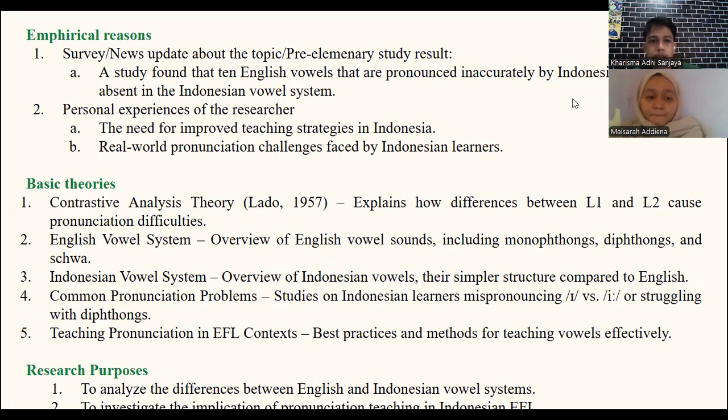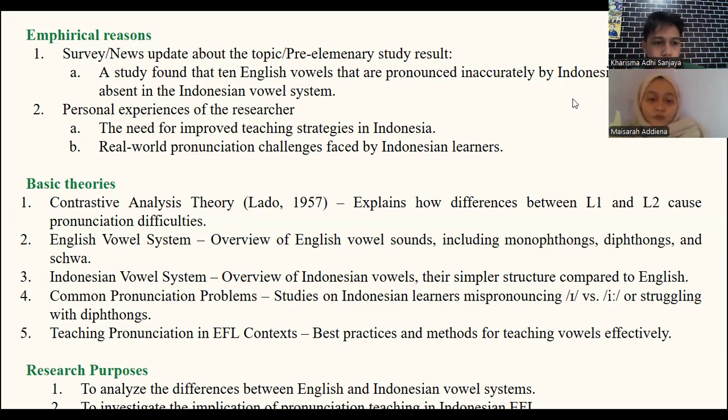So we find it by ourselves in our major in education department that there are needs for improved teaching strategies in Indonesia. And second one, real world pronunciation challenges faced by Indonesian learners. So this is the matter that we need to face, that we need to concern more.